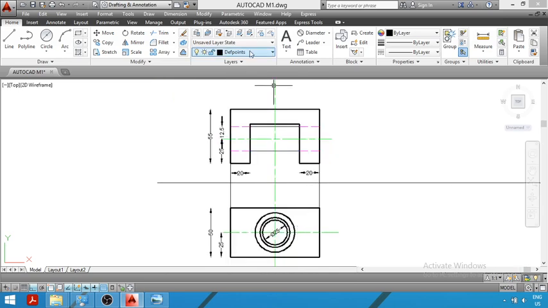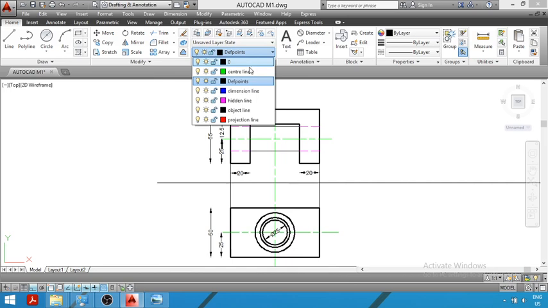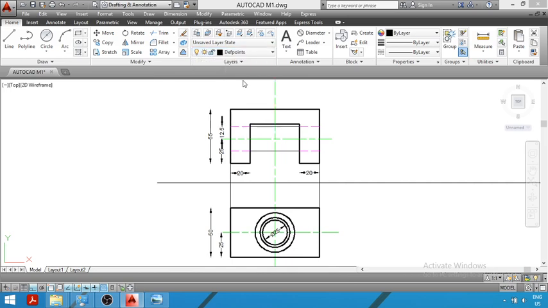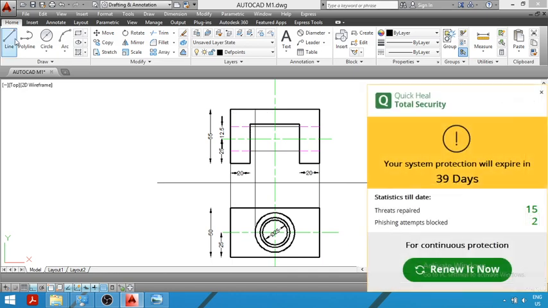So for projecting, you have to just draw a straight light vertical line. Students, note that while projecting you will draw a light vertical line. We are drawing a vertical line. We are projecting the end points in the front view. So this is the light vertical line. This should not be dark, it should be a faint line, since this is a construction line.